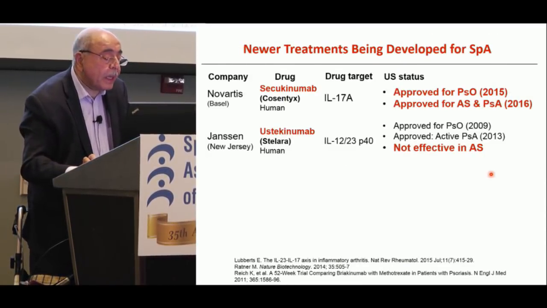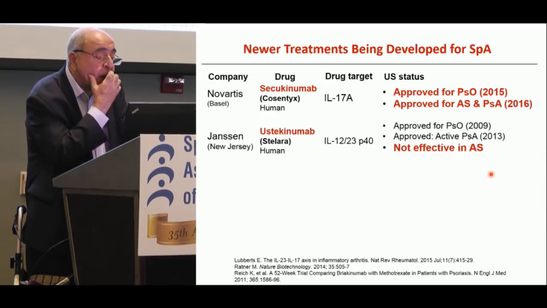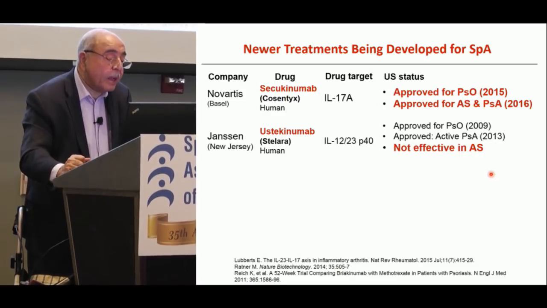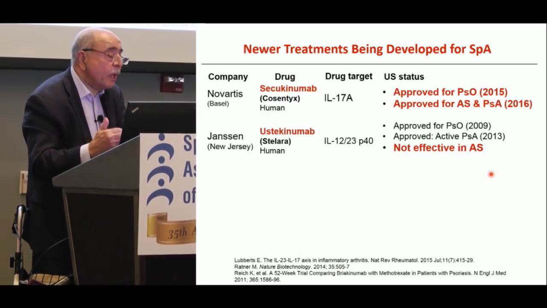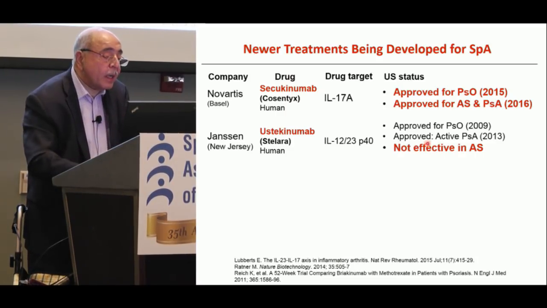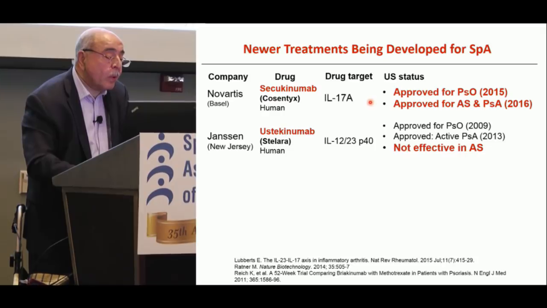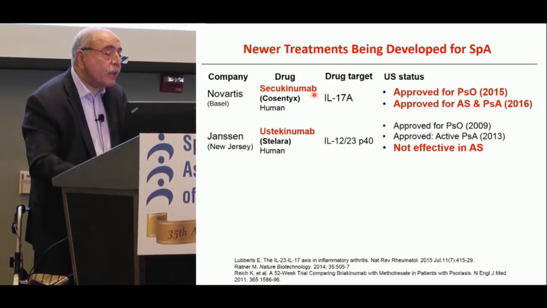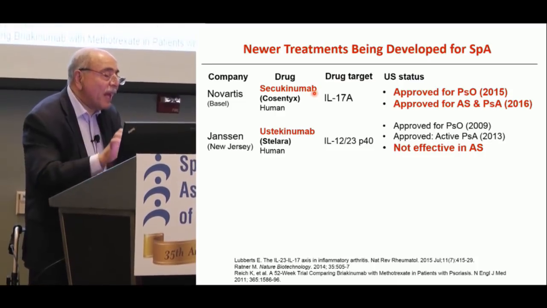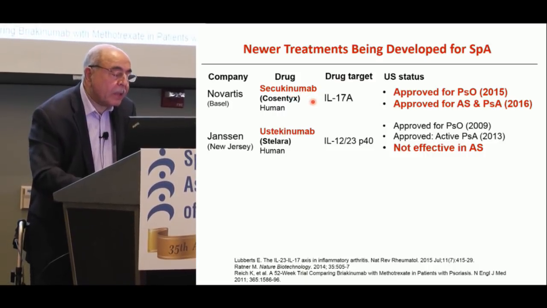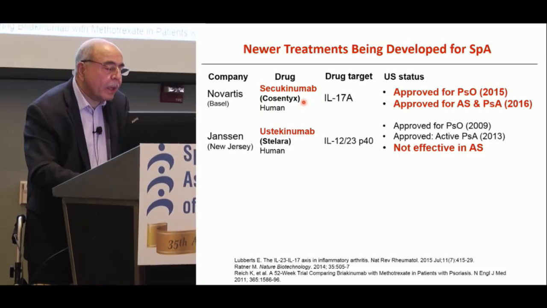So the new treatment, secukinumab, was approved for psoriatic arthritis, psoriasis and ankylosing spondylitis about 3 years ago, and it is a fully human monoclonal antibody that targets a particular cytokine called interleukin-17. There are different types of interleukin-17, A to F. It is very effective, and it also doesn't have a black box warning because it has fewer serious side effects. And there is no head-to-head comparison between secukinumab and other TNF inhibitors, except one study where it was